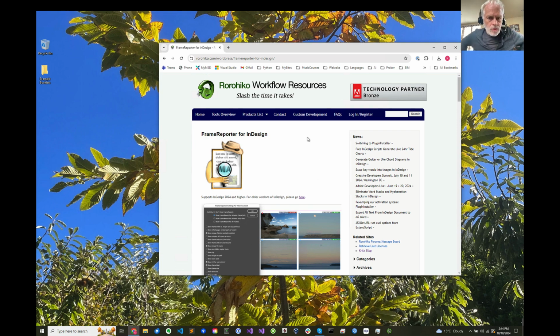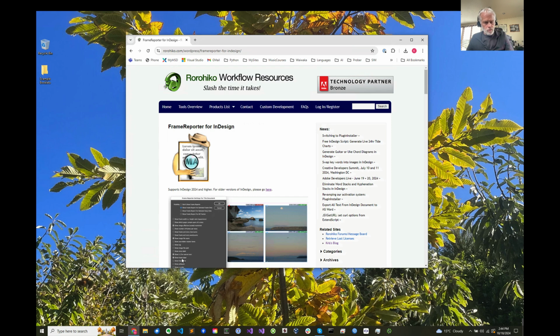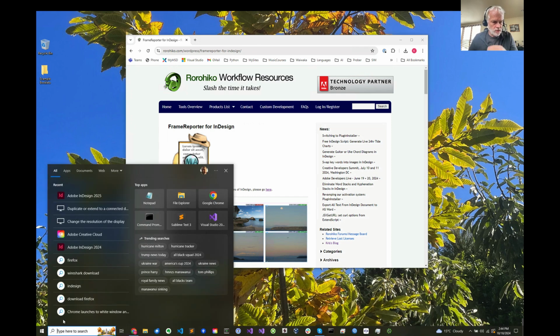In this video I want to show a few of the features of FrameReporter, one of our plugins. I won't go into the details of installing FrameReporter or the plugin installer, so I'll just show off what it can do. I've already installed it into Adobe InDesign 2025,